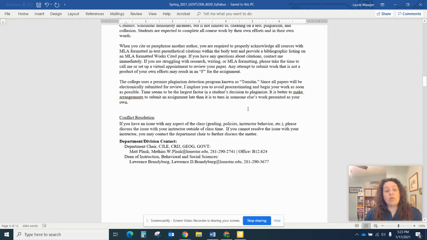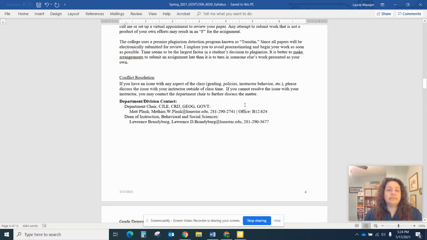Everything for the course is going to be in MLA format. If you don't know what that is, sign up for some tutoring with the Student Learning Resource Center. They have an amazing tutoring program for that because it's important. Don't cheat by copying and pasting things off the internet. And don't spin. I learned that word recently. It means when you put it into a spinner on the internet somewhere and it'll change the words from the original source. It makes it incomprehensible. You can't understand it. It just changes the words, but it doesn't actually make continuous sense intelligibly, especially when you're presenting it to somebody who is a content expert.